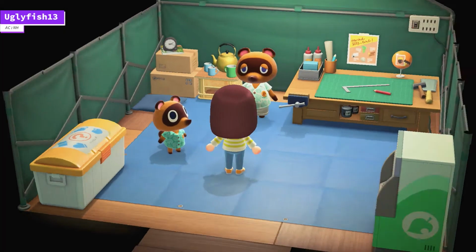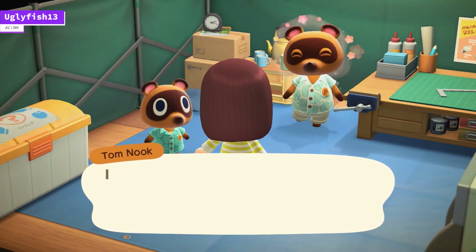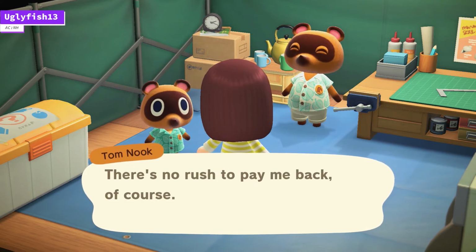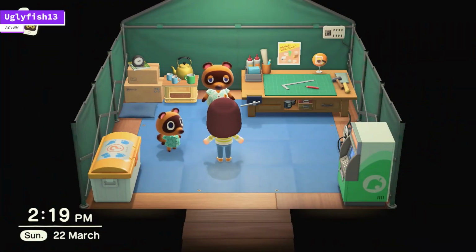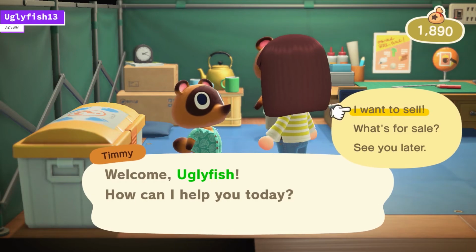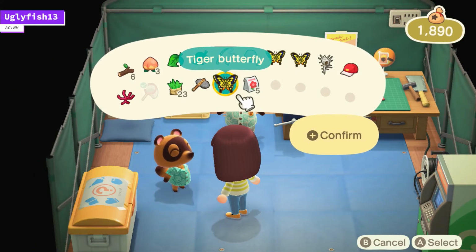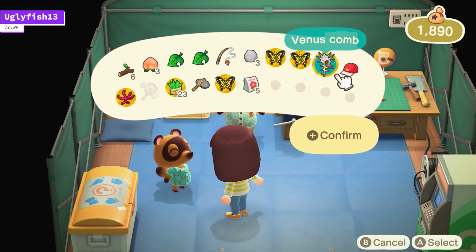With a shovel. Oh, I did it. It's perfect. It's perfect, Tom Nook. Oh, what a terrible hint. Am I not paying my mortgage back fast enough for you, Tom Nook? It's just made sure I'm fully utilising Nook miles. The cheeky bugger. I picked up a few things at the beach and I caught some extra bugs, so I'll